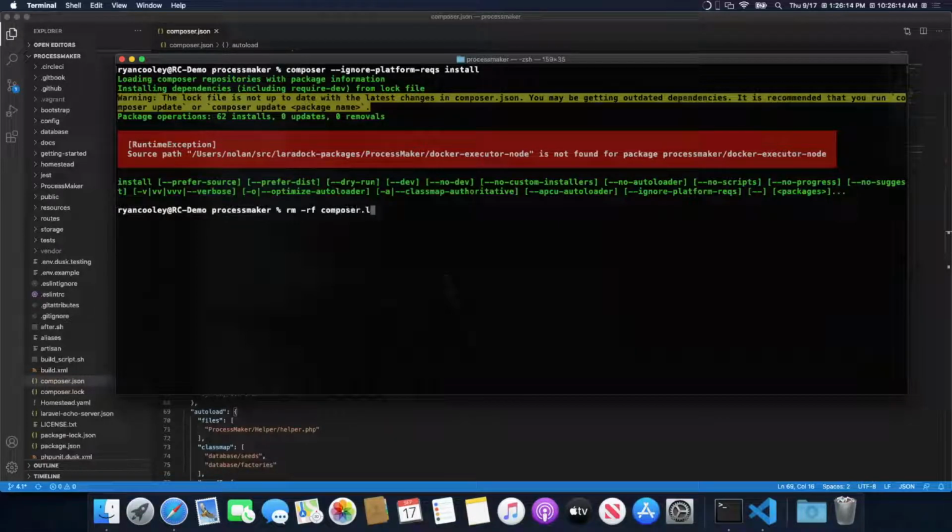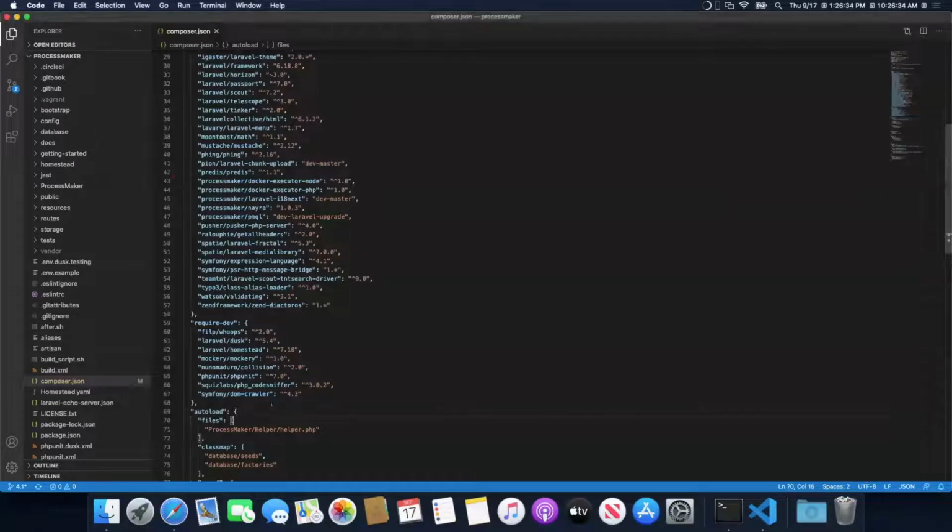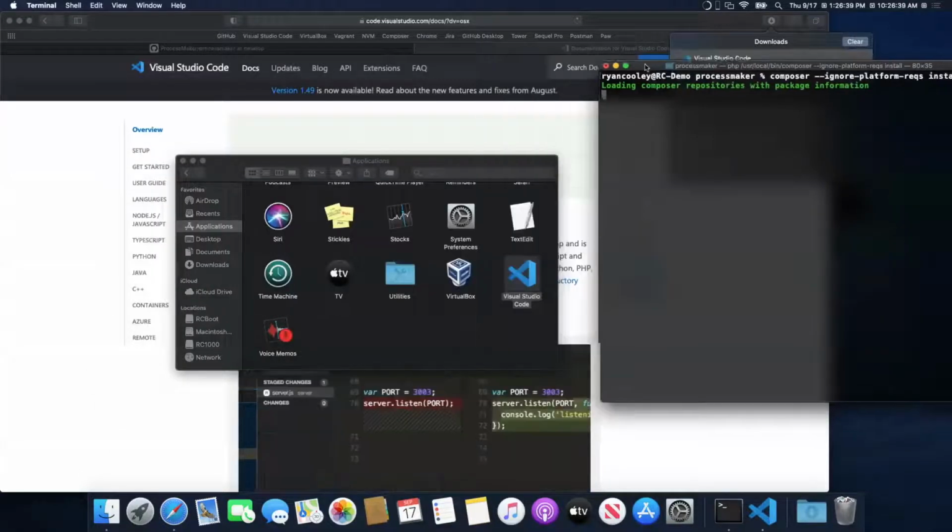The composer.lock file is what locks packages to a specific version. Generally, that's something that is disposable. We don't necessarily need to keep that if it's causing issues. So we're going to go ahead and remove that composer.lock, and then we're going to run composer install once again. All right, so as that's running,